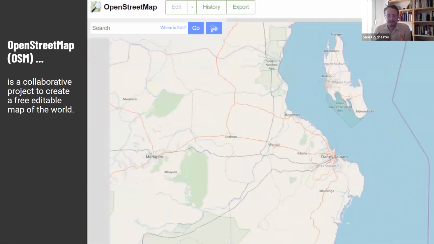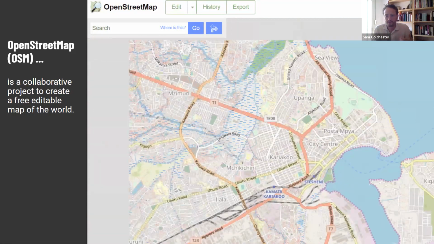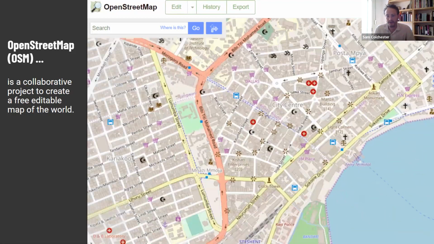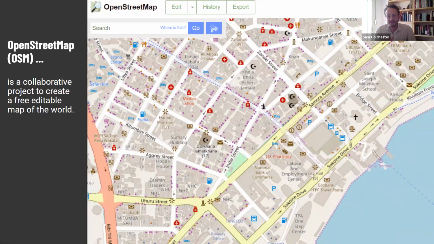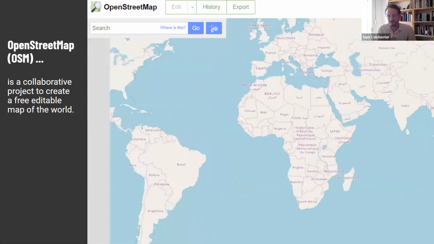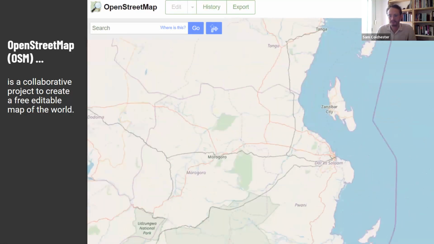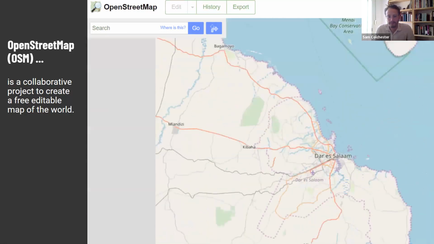And when I say access, that really means accessing the data. You might say, oh, you can look at Google Maps for free, and you can look at Google Maps, but you can't actually retrieve Google Maps data. For example, you can't pull the full network of roads from Google and run your own analysis using it, whereas you can do that type of thing using OpenStreetMap.